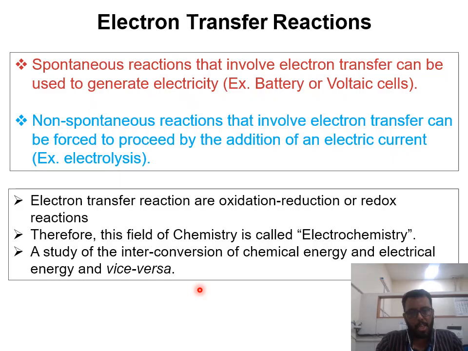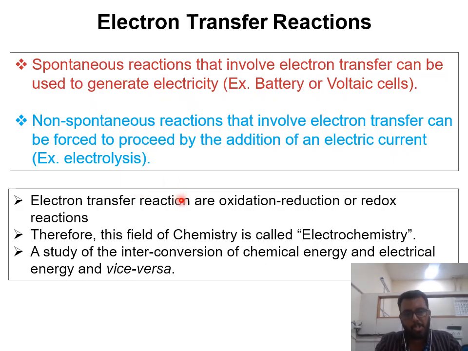Okay, so the electron transfer reaction can be of two types. One is oxidation, the other is reduction. Oxidation happens at the anode and reduction happens at the cathode. And all together, you can call the oxidation reduction reaction a redox reaction. Therefore, the field of chemistry that deals with oxidation reduction reactions, or the spontaneous and non-spontaneous electron transfer processes,